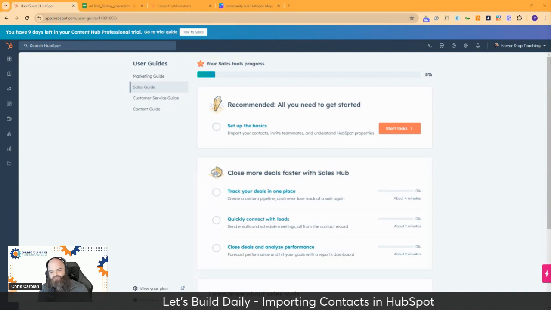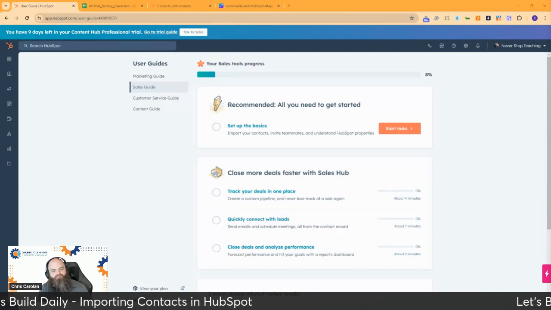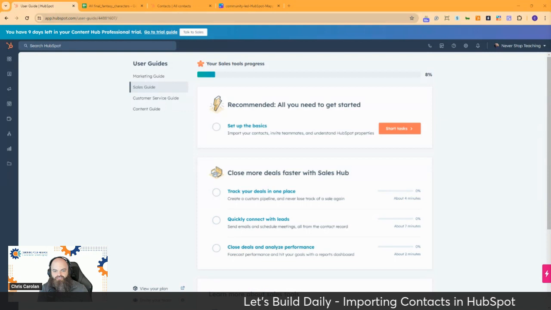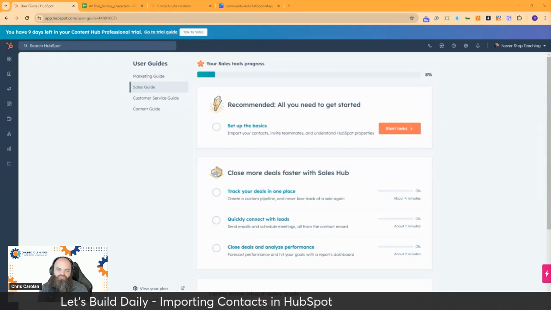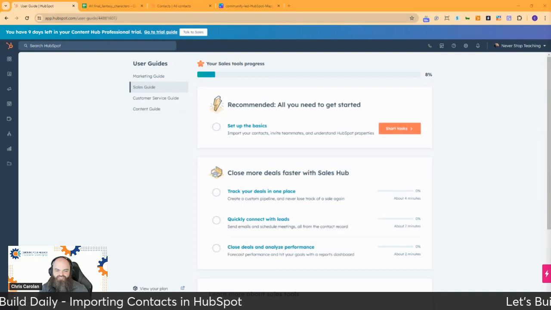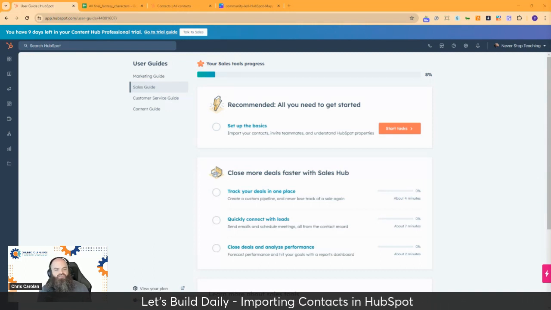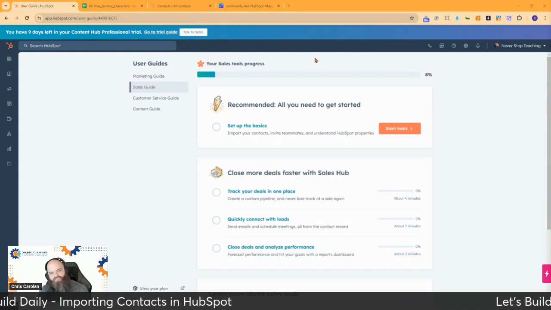Stuff like Content Remix, all the cool tools of the platform, they don't matter unless you get your data structure right, unless you're working off a foundation of clean data, specifically related to the human relationships that you're trying to manage. And that's why I love HubSpot, because it is structured around that human being that you're trying to partner with, collaborate with,